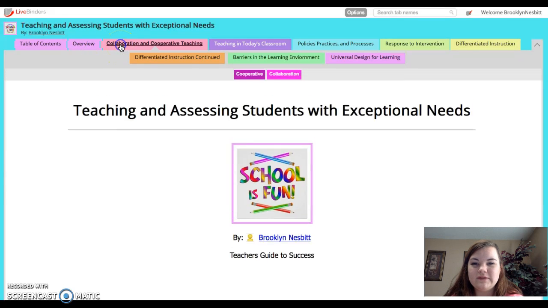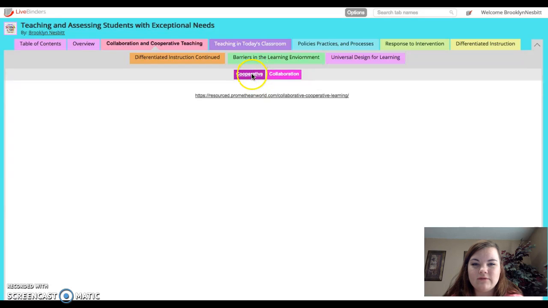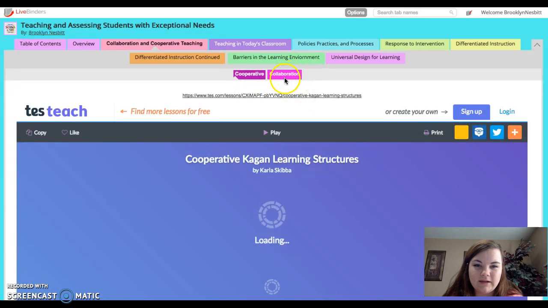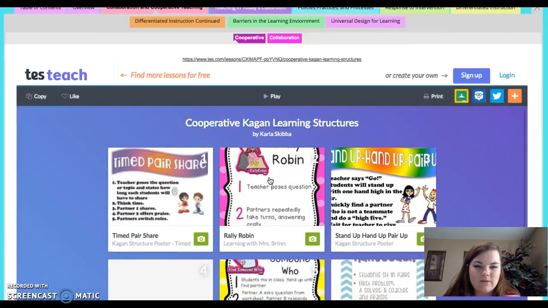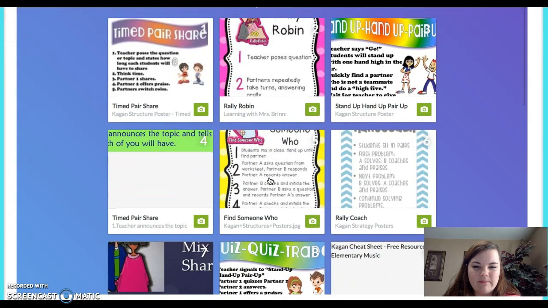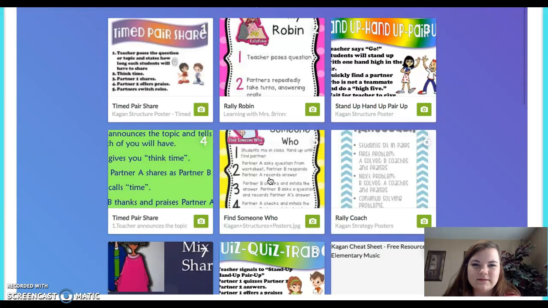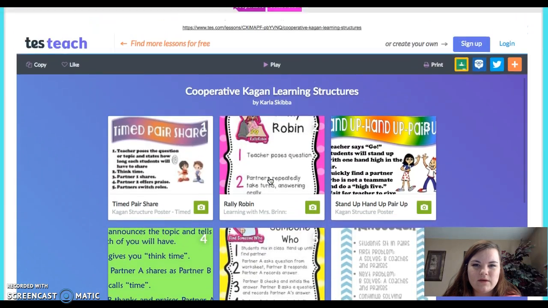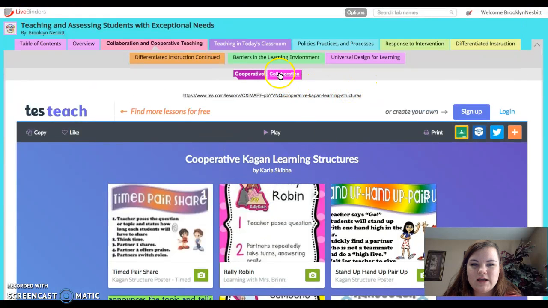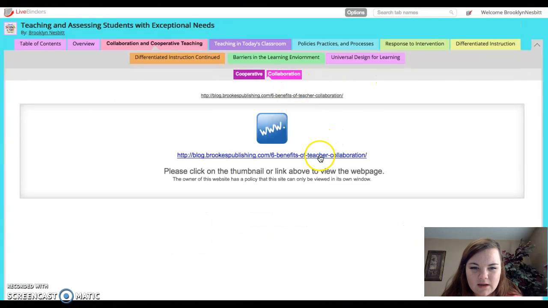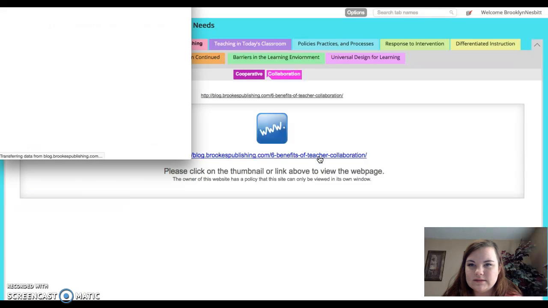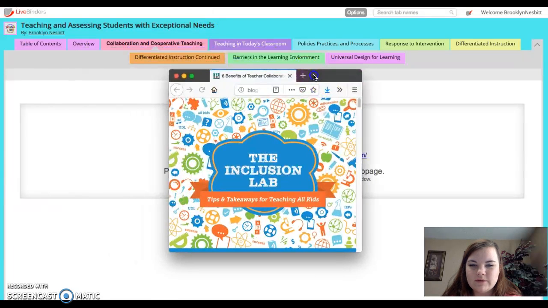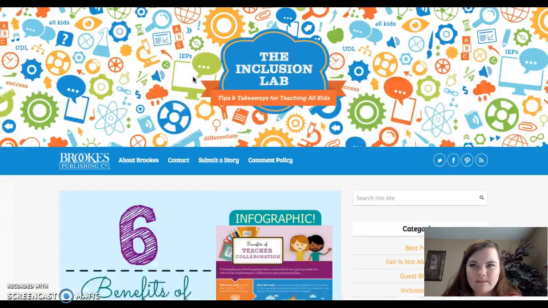Collaborative and cooperative teaching, and I have a cooperative tab and then a collaborative tab. I used these a lot when I went back and found different things that you can have in your classroom to help with cooperative teaching. And for collaborative, you click this tab. For some reason it wouldn't show up, but I clicked that,